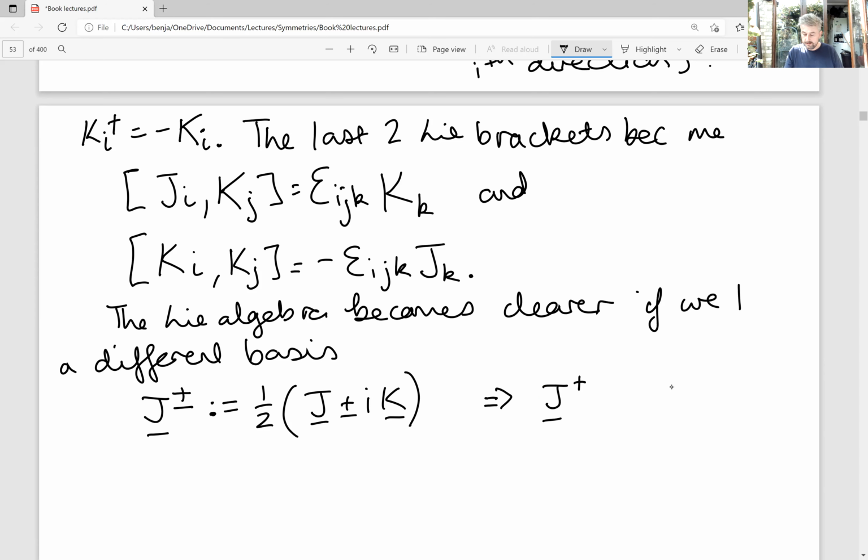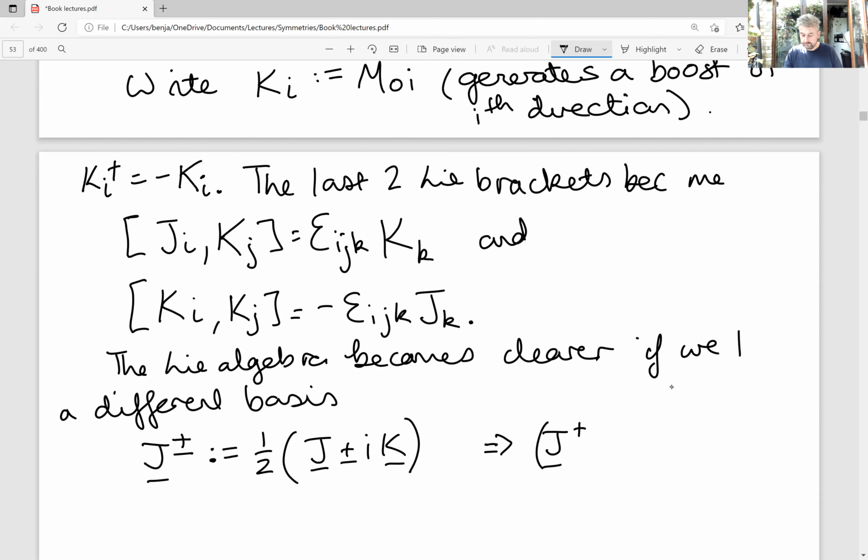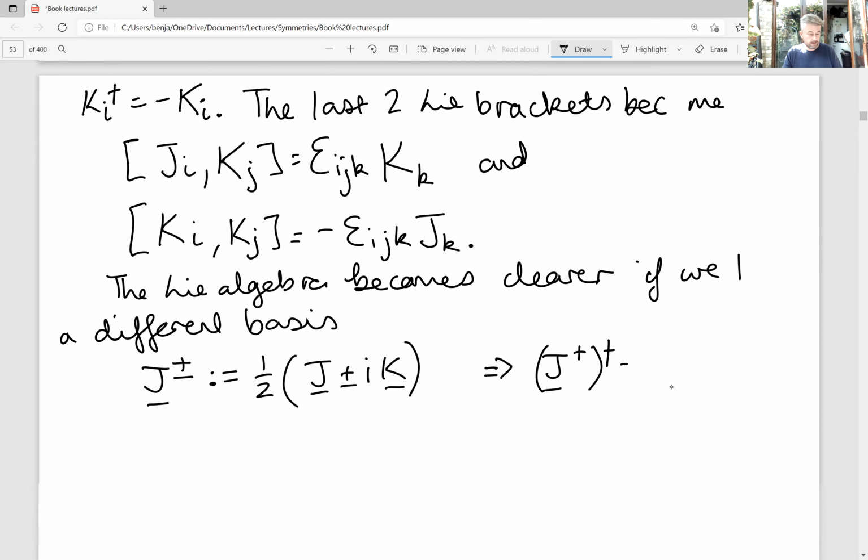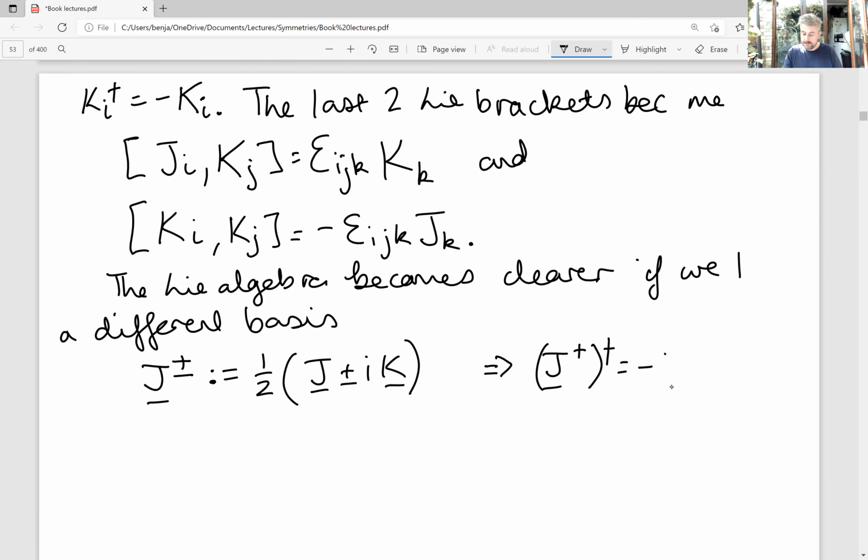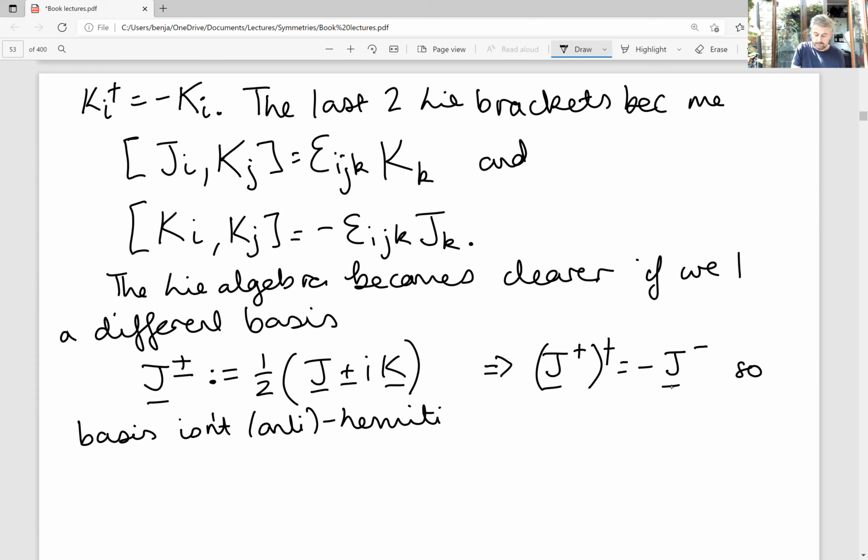J plus Hermitian conjugate is equal to minus J minus, for instance. So this is neither a Hermitian nor an anti-Hermitian basis. Nevertheless, we take this new basis and we rewrite our commutation relations now. And they become the following: